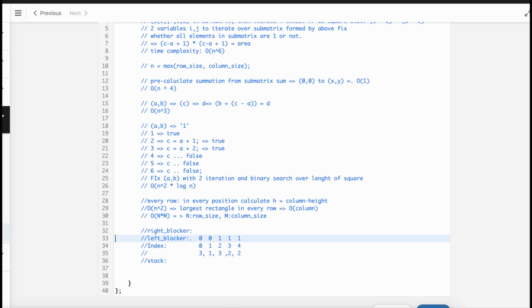If we have to calculate the right blocker, then we have to go from the last position. So the last position here is 2 and the stack has nothing, so at this time we see that the blocker for 2, there is nothing to do with this, so we put the blocker as the last position, which is